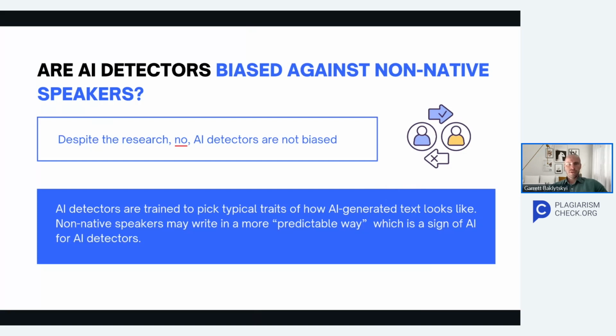As I mentioned earlier, AI detectors are trained on a variety of human written text and AI generated text, so they cannot identify some certain group of people. The reason why AI detectors may flag non-native speakers' text as AI generated more often can be that the statistical probability of how these texts are written is very close to the statistical probability of how AI texts are generated. It can be caused by using limited vocabulary and repeated constructions of words that produce highly predictable text. But this topic needs to be researched further.